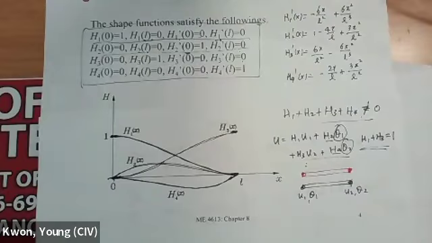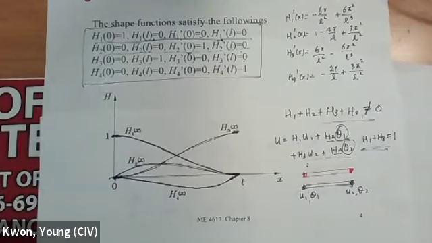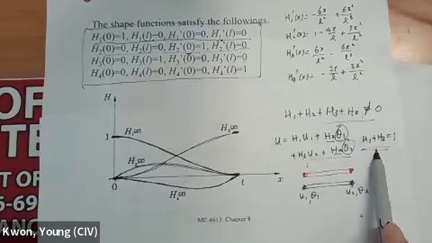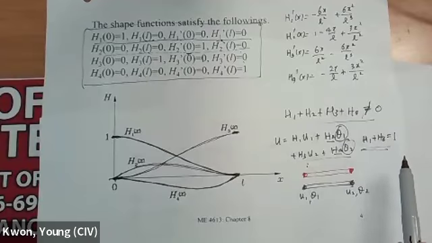Right? So that's also the difference between C0 and C1 shape function. But this one also physically makes sense because it represents a rigid body motion. Okay? Then, once you develop shape function,